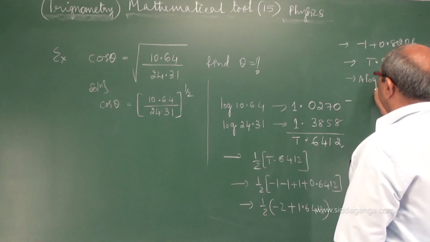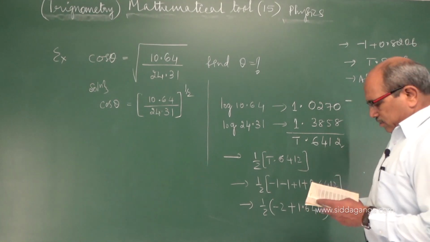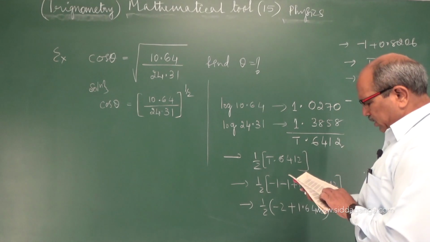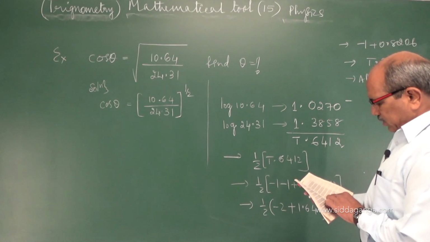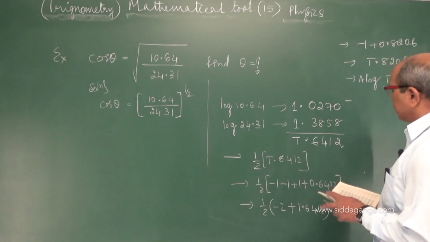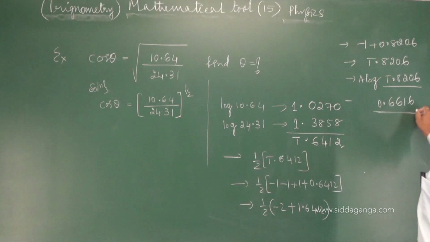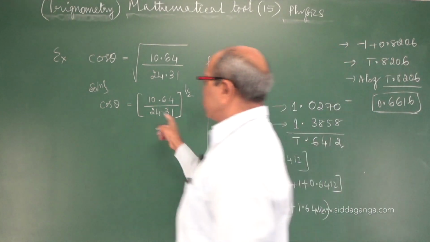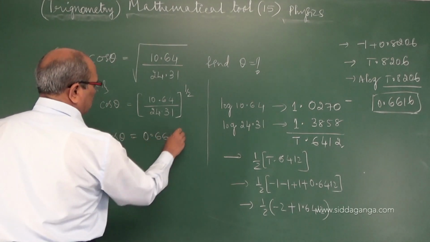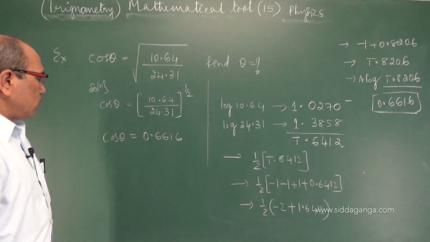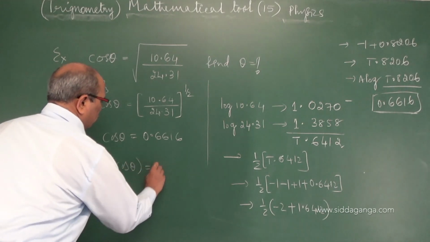Therefore, anti-log of this bar 1.8206, if you calculate, anti-log of 8206, 8206 is 9. 6607 plus 9, 9 7 16, 6616, bar 1 means 0 point. This is the anti-log value. That cos theta value when we calculated, it is finding to be 0.6616. How to get? I given inverse function cos inverse of cos theta is equal to theta,